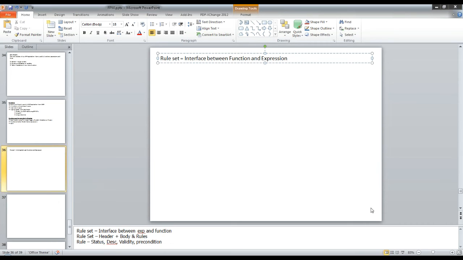Each rule set is a collection of rules. So let me define a rule set. A rule set is a collection of rules. Each rule set will have a header and body.